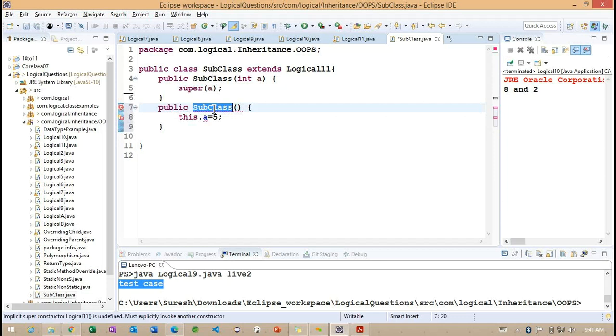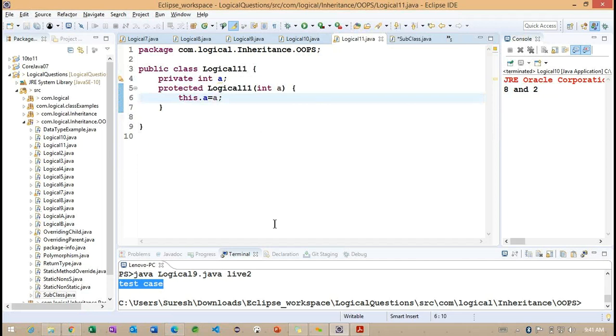Try to understand here. Whenever I'm trying to work with this default constructor, I'm getting an error. Why am I getting this error? Because in logical 11, we don't have a default constructor. This section is very important.